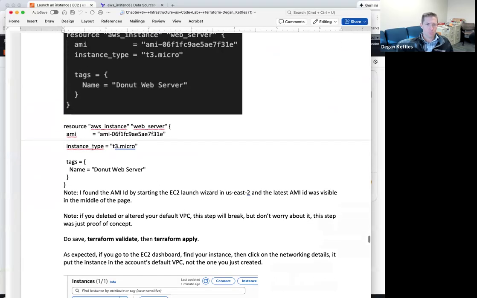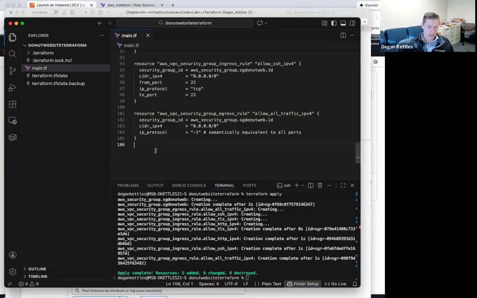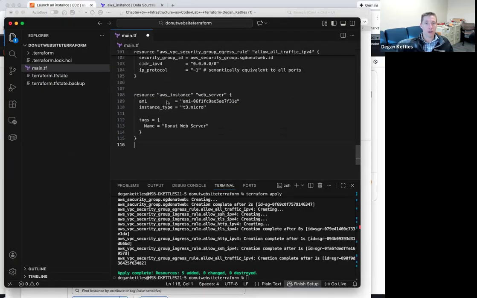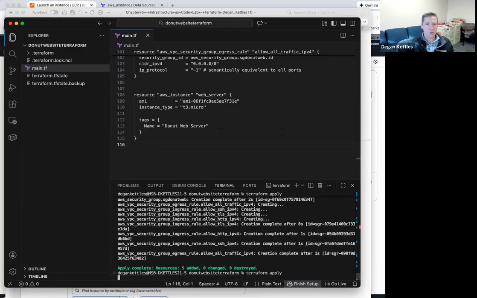All right, so basically, I looked at the documentation and figured out what I want to do. I want to use this AMI ID, instance type t3.micro, and I want to give it a tag. So let's go ahead and, oh, this is fun. I left something out on here on purpose. Pause. So this is going to work, but it's not going to work the way we want it to. See if you can pause the video and think for a second about what's going to go funky for us. So I'm going to run terraform apply,